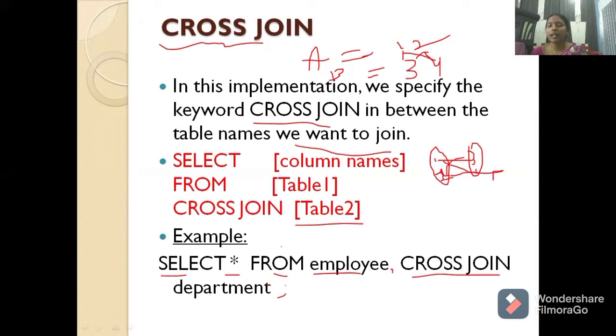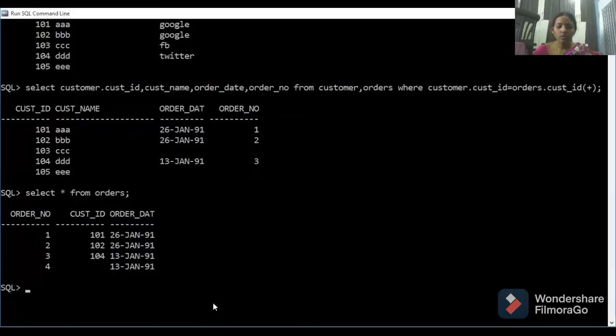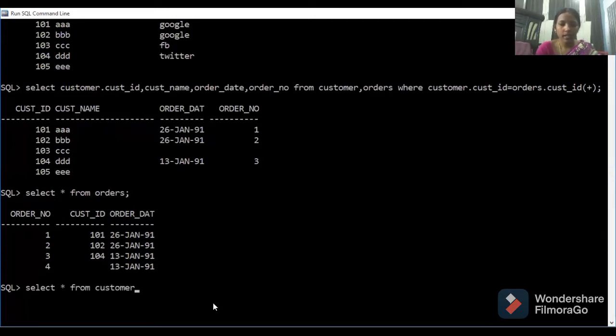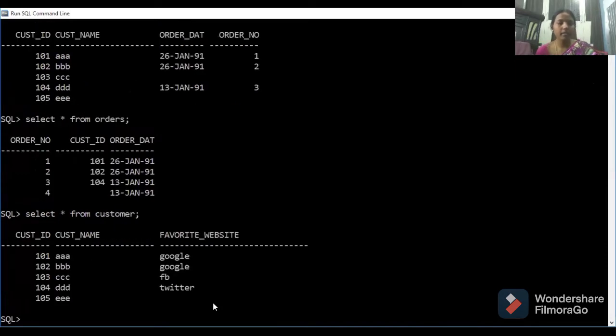So cross join means Cartesian product. Now I'll show you this practically. We have two tables. Select star from orders is above only. Now I'm showing the customer table. In this table we have 4 rows, and in the other table we have 5 rows.